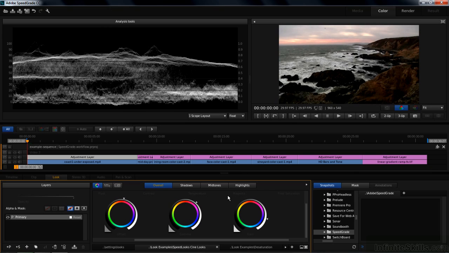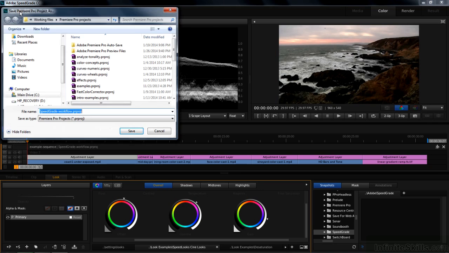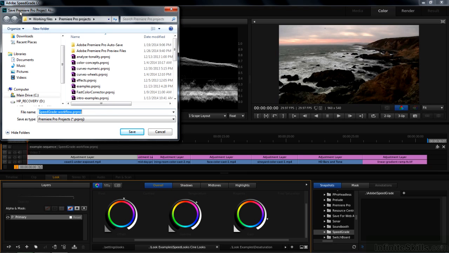So what I want to do now is save this project with this sequence inside it. Now you notice it doesn't say the project name up here, but it does say it down here. It says it's called the SpeedGrade Workflow Project. I want to save it under a different name though. I don't want to save it under the original name because that means that your original file's been changed. So we'll do a Save As here. The Save As button is this guy here with the 3 dots underneath it. Click on that. And let's save this to our exercise files folder.